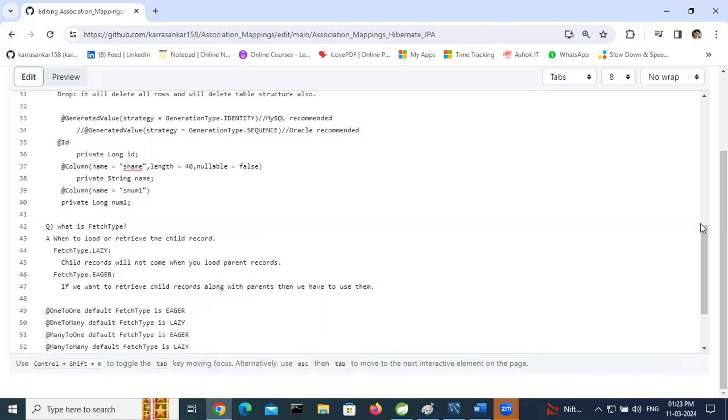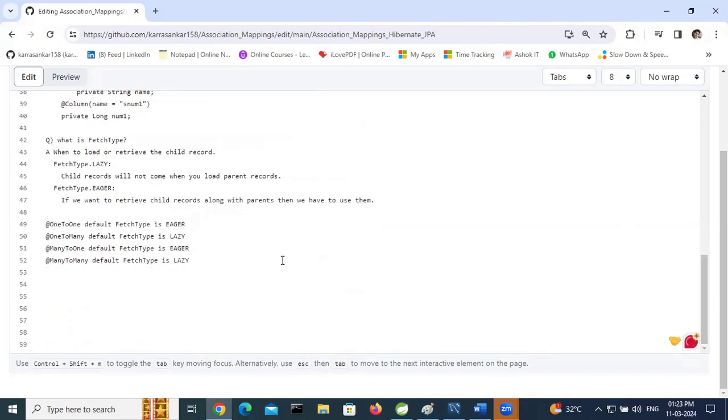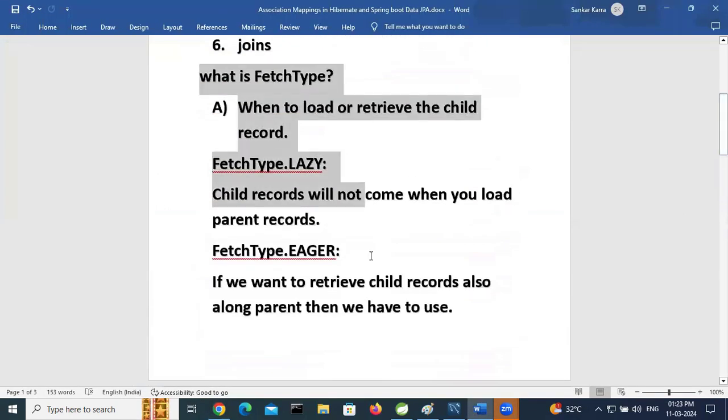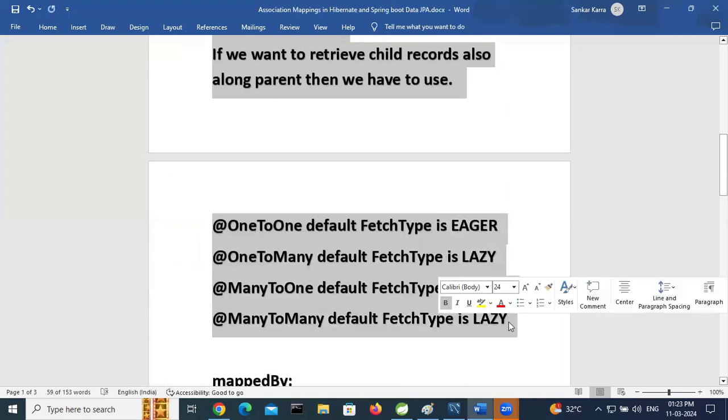There is no single fixed default fetch type. One to one default fetch type is eager. One to many default fetch type is lazy. Many to one default fetch type is eager. Many to many default fetch type is lazy. Second question, you can remove this one. This is completed. Second one,